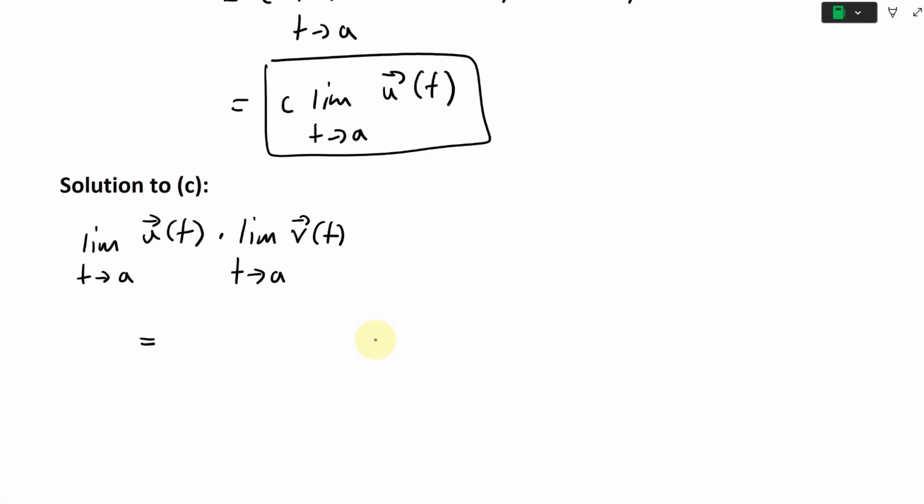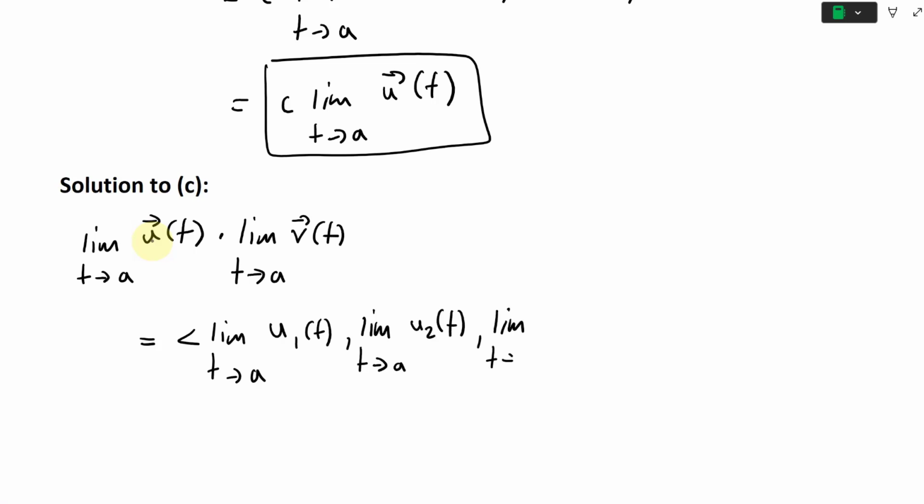So this is going to be equal to, and now we take this and put the limits inside of each component part. In other words, the same thing as writing limit as t approaches a of its component parts u1 of t, limit t approaches a of u2 of t, then limit t approaches a of u3 of t,